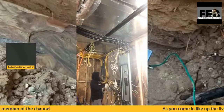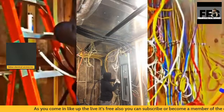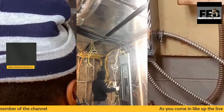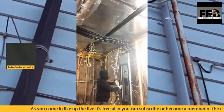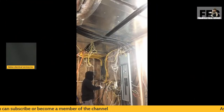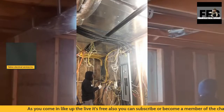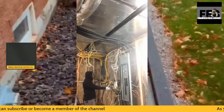The wall that was built out is not clear for the mess inside of the electrical room in order to get the cable. That's on the far side. So I'm going to try to pull a video of the